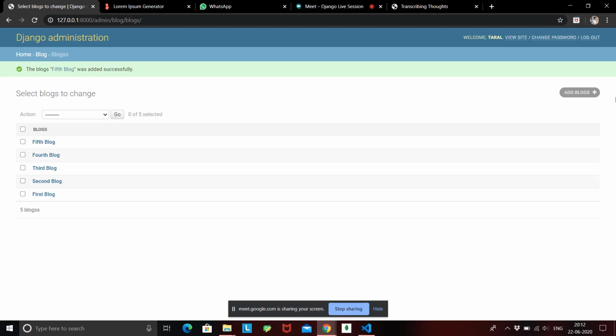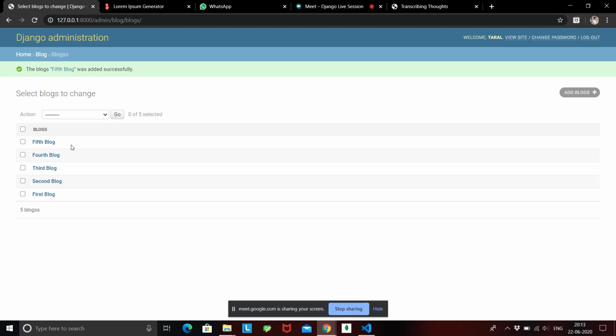Now we can create these blogs from the admin panel, and we can display them on the admin panel, but this is not really helpful. We don't want only our super user to create and display the blogs. We want all users to be able to create new blogs and read these blogs, right? So we need to take this data from the database and render it out on our web page, be it the home page or details page, any page we want.